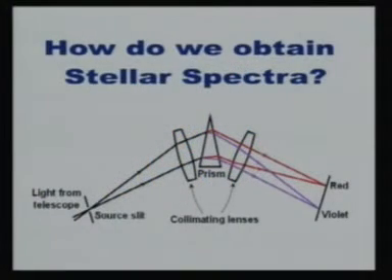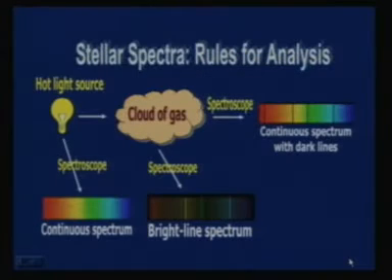And now you see how we obtain a spectrum. This is what you are familiar with in your lab classes maybe. Here is a prism and light passes through a prism and then it gets separated into various colors, various lines, red and violet in this case. This is an important thing for you to understand. We have a hot light source. If the light comes directly to the spectroscope, then you see a continuous spectrum as shown here, because this is an incandescent light.